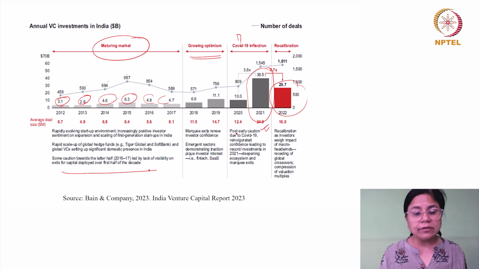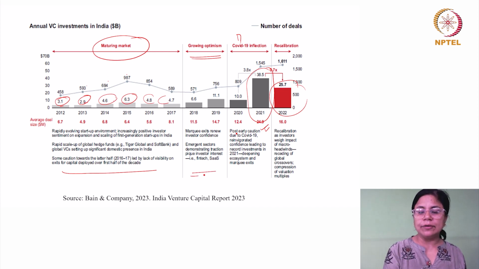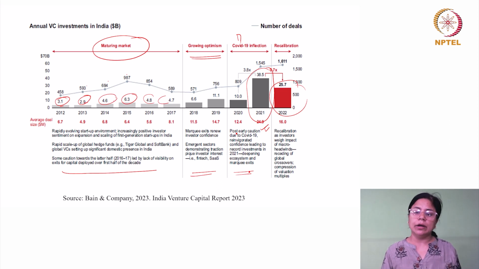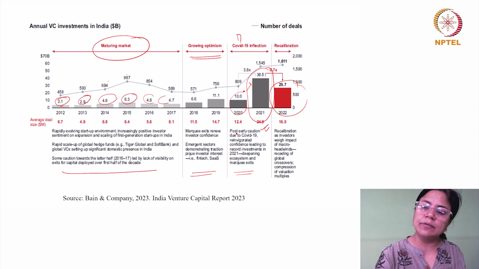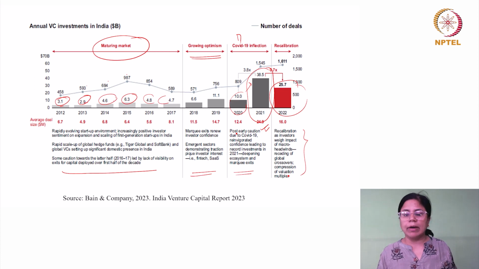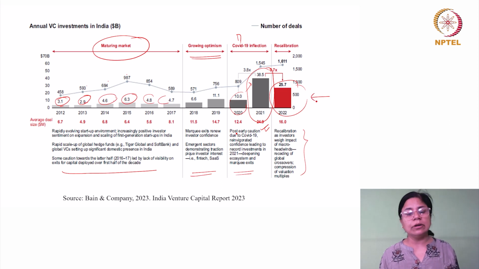of global hedge funds like Tiger Global and SoftBank, and in this particular phase, we have emerging sectors, basically fintech, etc., picking up. And in this phase, again, you find that because of the COVID-19 situation, clearly there was a downfall again, but there was a major uptick. And then again, a recalibration as investors weigh the impact of the macro headwinds. Again, receding of the global crossovers, compression of the valuation multiples. So because of the international situation, you find that certain pressures are being built up,